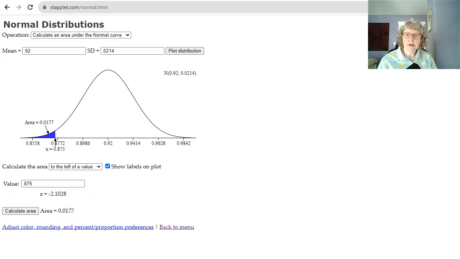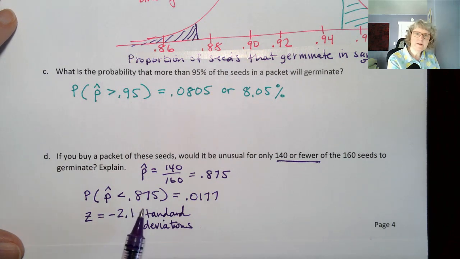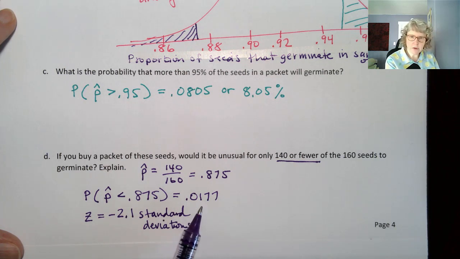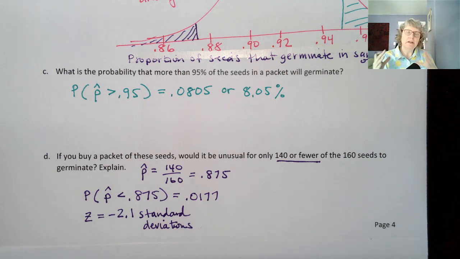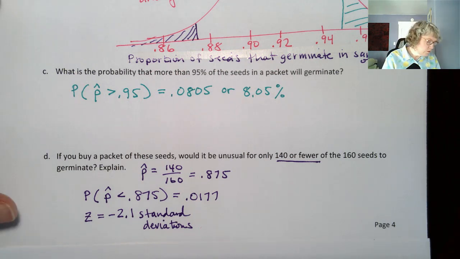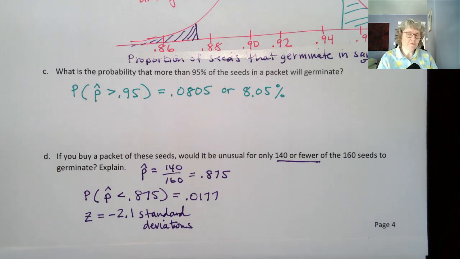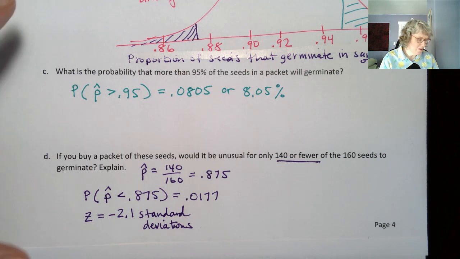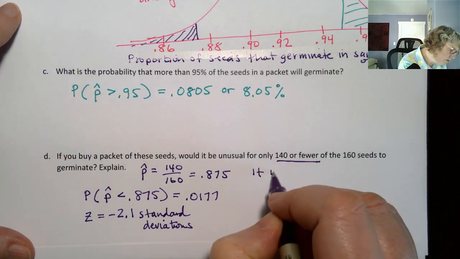Okay, so let's go back to our notes where I wrote that down. So I wrote down the probability that p hat is less than 0.875 is 0.0177. So that's pretty small, right? 1 to 2%. And we're over 2 standard deviations from the mean. So we're definitely outside of that middle 95%, right? So it seems like it would be unusual. And so maybe something is off with these seeds, or maybe something's off with the advertising of the rate that's on their packet, okay? So I'm going to write, it would be unusual